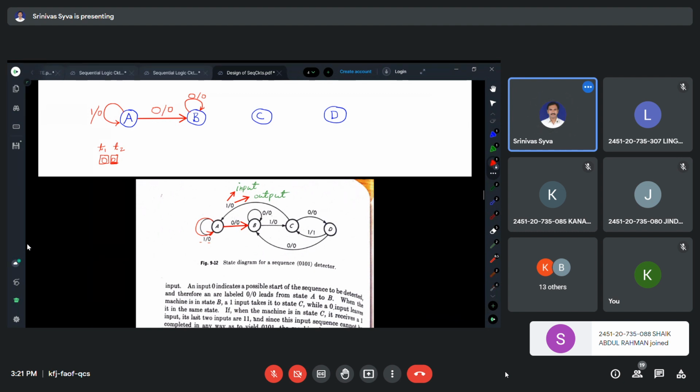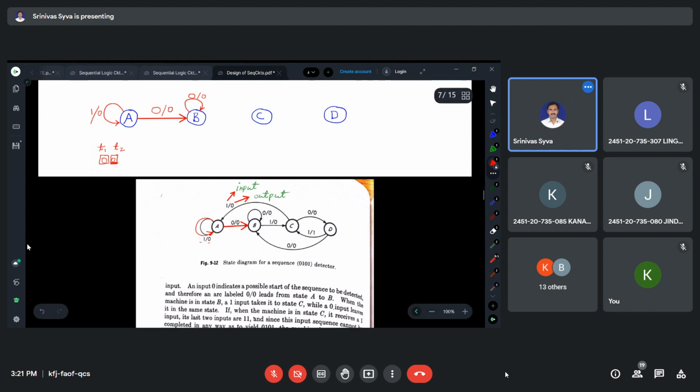Next, suppose you receive 1 when in the state B. On receiving 1, the machine progresses from B to C. So this is 1 and output is 0, like this. So in every state we have to test for the two conditions. The bit may be either 0 or 1. Okay, right. In the state C, suppose we receive